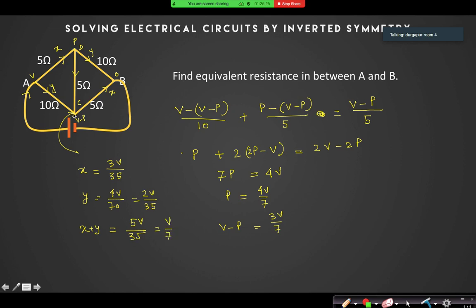Right? Can I say that its equivalent resistance is R equivalent? If I draw this circuit like this, with equivalent resistance R equivalent, the same battery V will carry the same current to the R equivalent. So what is the value of R equivalent? Can I say R equivalent is V divided by current, if this current is I? And this current is V by 7. So it is V divided by V by 7, which is 7 ohm.